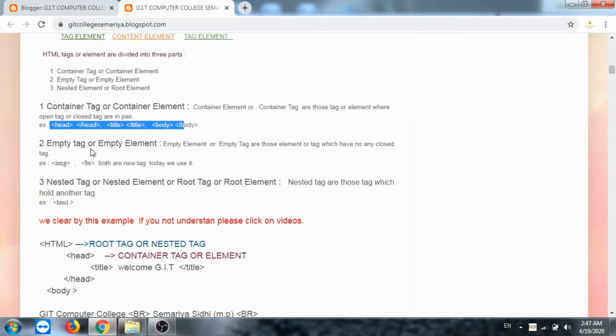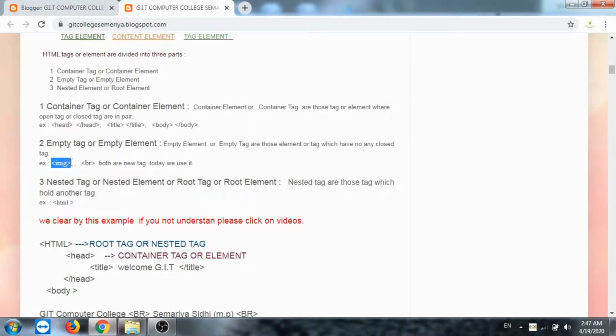Second one is the empty tag or empty element. In an empty element, any tag which we do not need to close. We have many tags inside an HTML file which have no need to be closed. The best examples are the image tag and the BR tag, the break line tag.